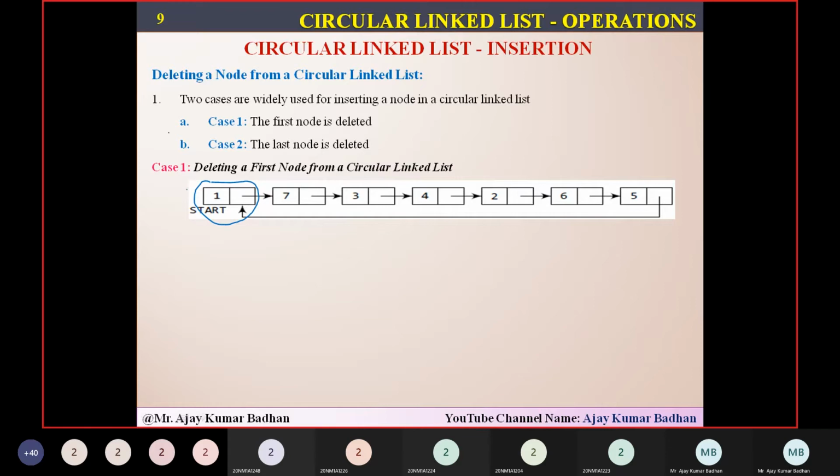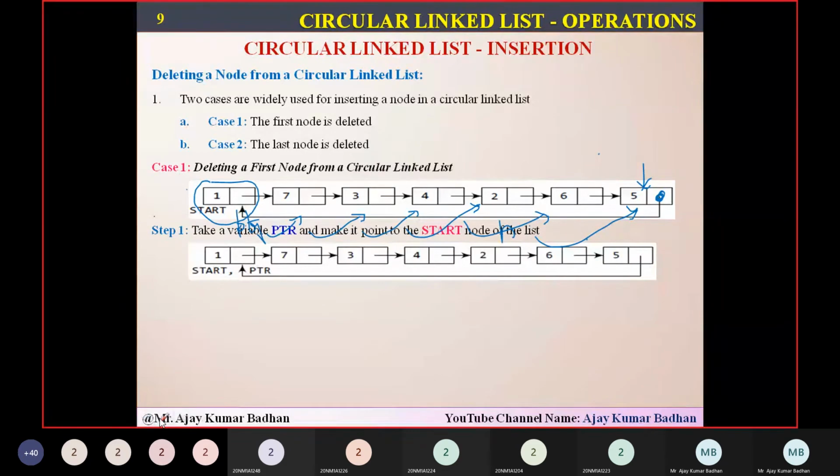Now, if you see here, it is not a linked list. It is a circular linked list, which means I have to change the address present here also, isn't it? Means I have to access this particular node. So definitely here also, the first thing you have to do is use a pointer variable. And this pointer variable, you have to traverse like this until it reaches this particular node.